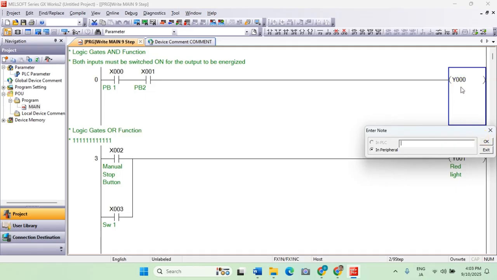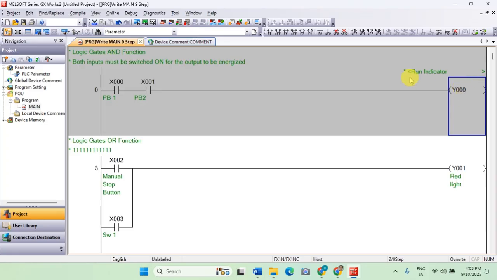So let's say this is the run indicator. So run indicator, let's say this is a machine, or this is operating one machine, all this function. Okay.